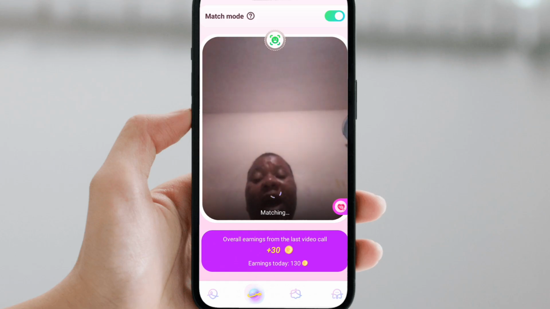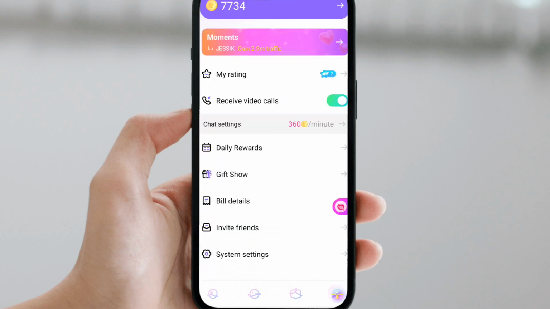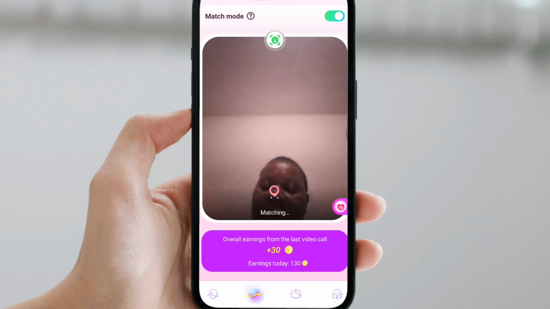And one thing about this, you might even put this match mode on and go out from the app, and you also receive calls. Or if you just leave this side and tap this side, that place is on. So calls can come at any time.